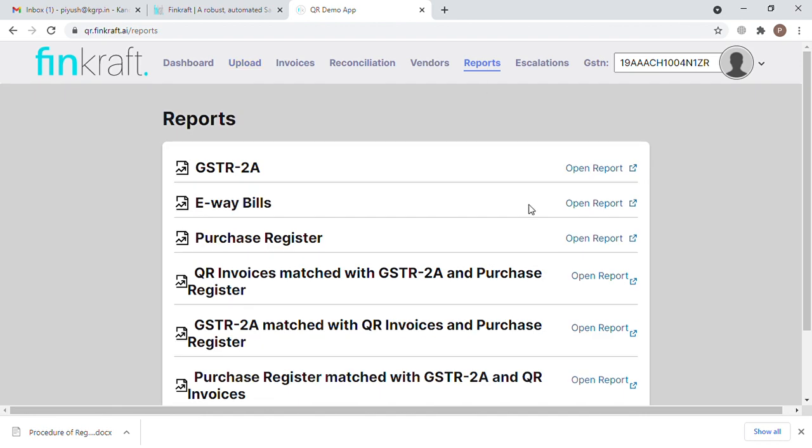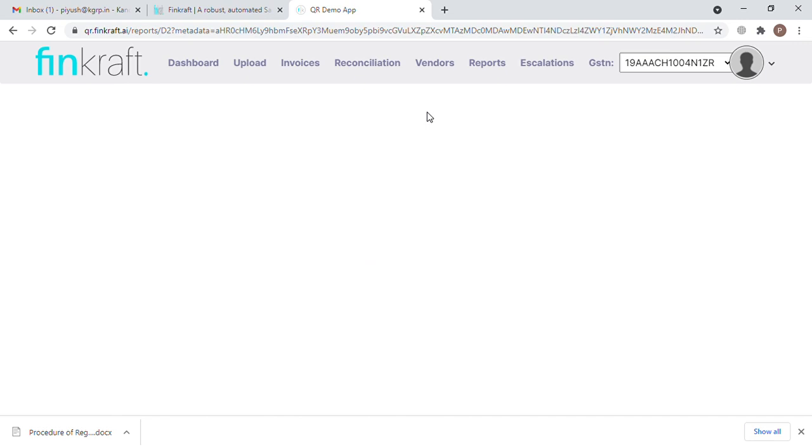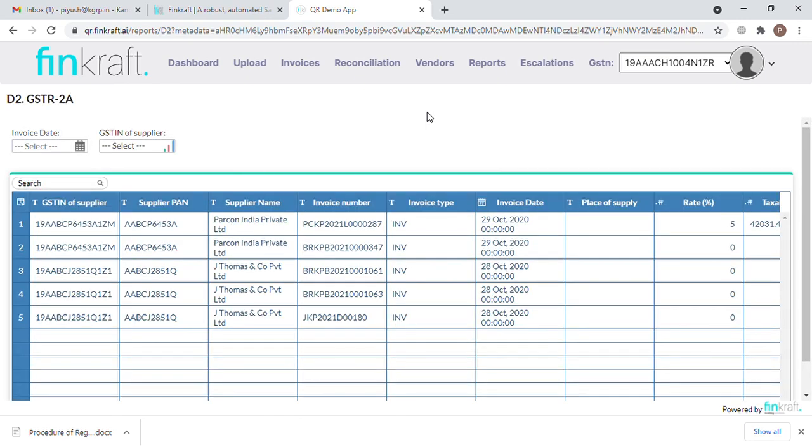Let's see where we can see our data. We have to go to reports, for example, GSTR 2A data. We can see all the 2A data regarding this GST number.